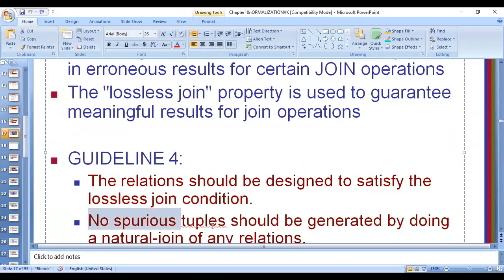It is something like when we teach you something, you should not lose any information. Whatever we have taught, everything you should remember. And second, whatever we have taught, the message should go as it is. Sometimes students write unwanted extra things, isn't it? These can be considered spurious tuples. So your answer should not have spurious tuples, neither should it have loss of information. That is the fourth guideline we have followed.